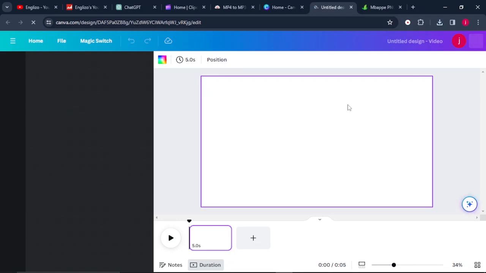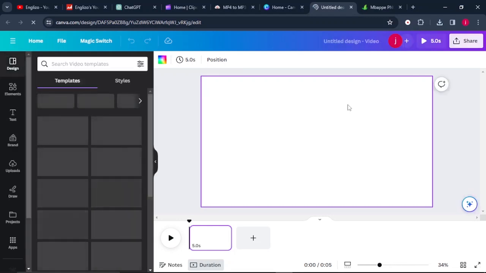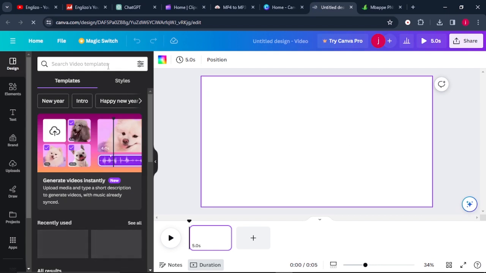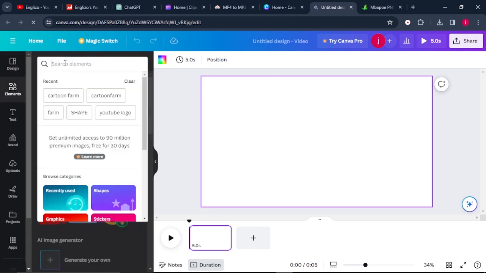So once this is through, the first thing that we need to do is to come up with an outstanding background. So we can select here where it says elements, and we can search for a background that matches our video. So for today's lesson, it's about road transport. So meaning we need a background that showcases a road and anything like the hills or a city, anything in